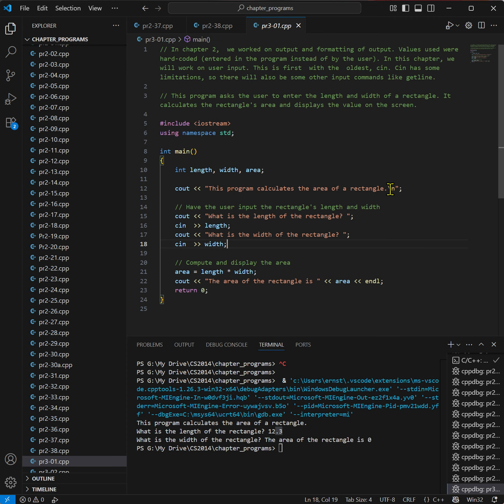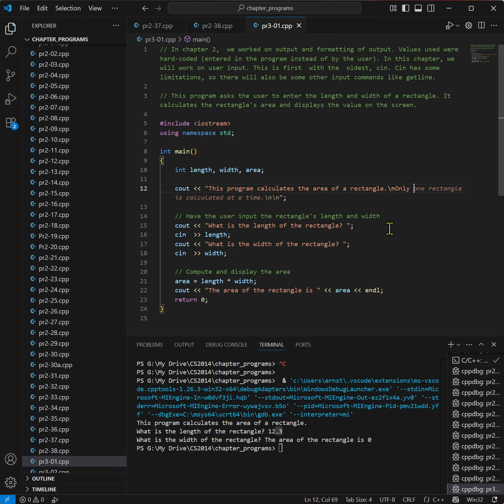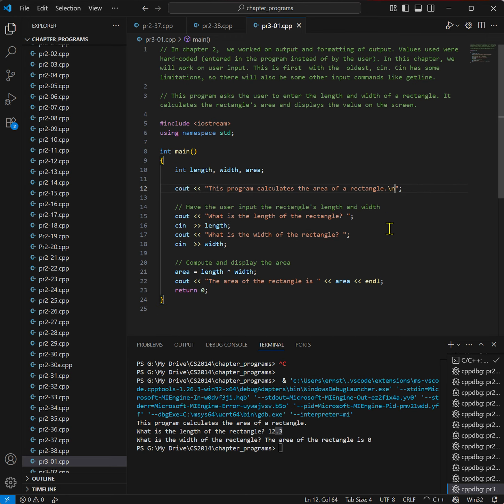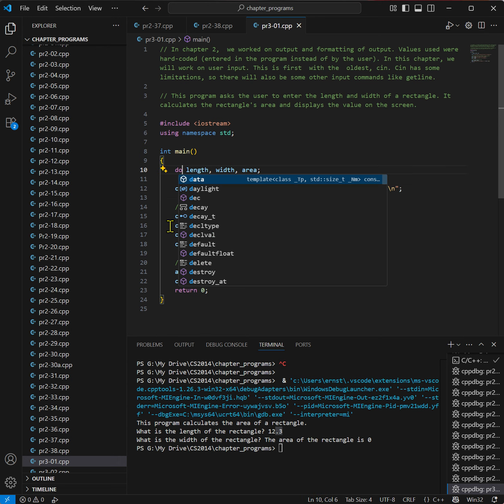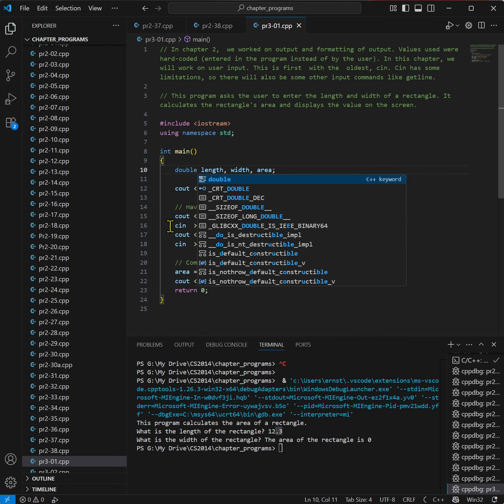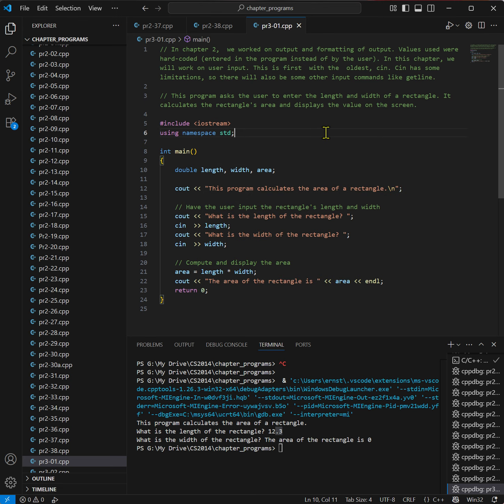Now there are two things that you can do with this. You can either tell the user only use whole numbers like this, or what you can do is, and this makes much more sense, make this a double. You can also use a float. I just prefer to use doubles. So now when we run this